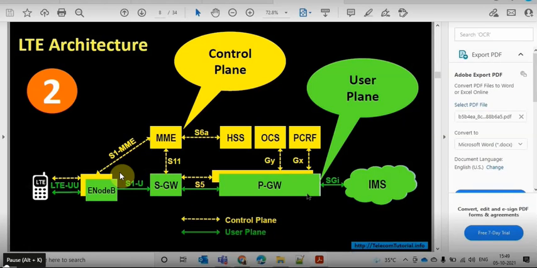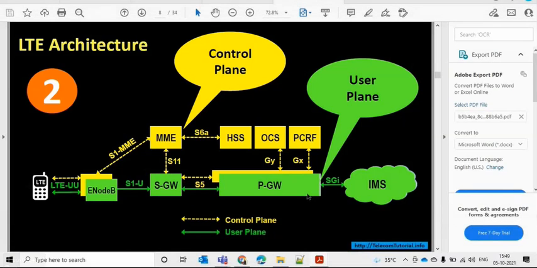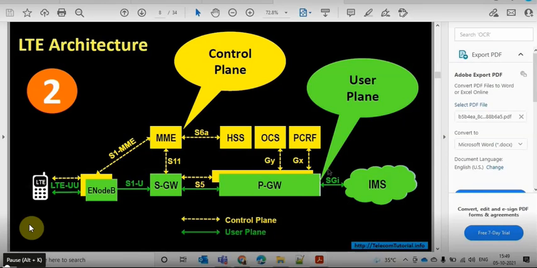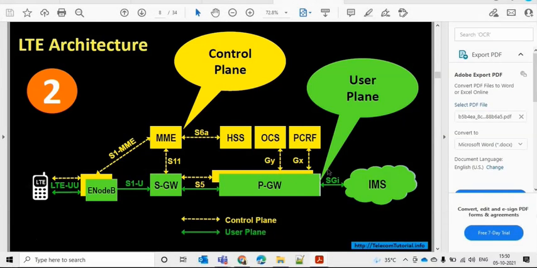Now this is for LTE architecture, Long-Term Evolution. So we have too many entities in this Evolved Packet Core. This is the EPC network in short form, and it is comprised of several functional entities. As we are aware of the terms, this is MME, Mobility Management Entity, and HSS, the Home Subscriber